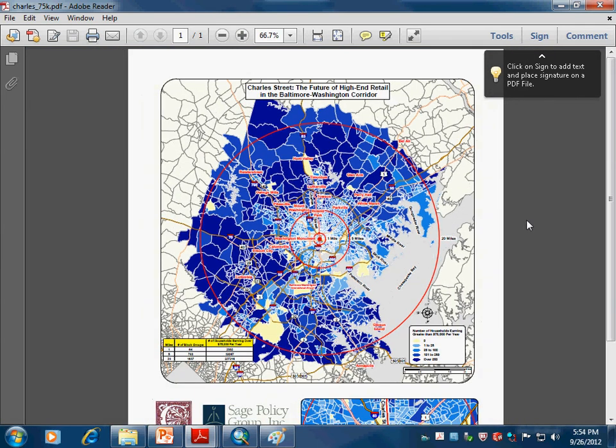So the sample here is an example of a map that I worked on several years ago. We were trying to show the distribution of wealth in the Baltimore region, and that's because of a conference of high-end retailers in Las Vegas on a yearly basis. We're trying to basically draw some high-end retailers, your Bloomingdale's, Saks Fifth Avenue, those kinds of companies into the Charles Street corridor, where in some places on Charles Street there are a lot of